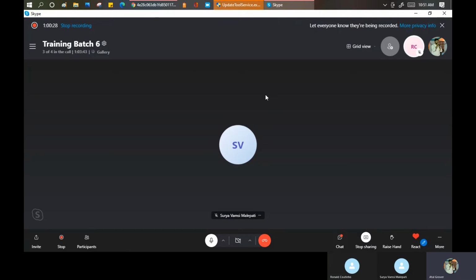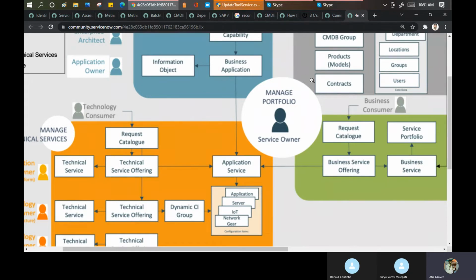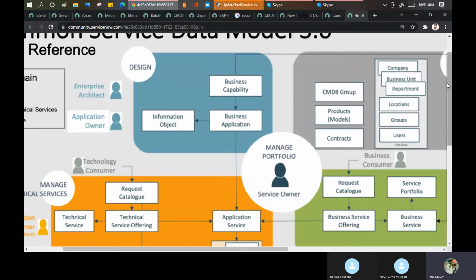The only thing is that because this is such a wide topic, even if you ask me, I did not see any company using it. I'm telling you this thing. This is an ideal process. This is the ideal CMDB structure which ServiceNow provides. So far in my knowledge, in my area, in the projects or accounts I know, nobody implemented this picture as it is. Nobody. Because someone says, boss, I'm not using this thing. Someone says, I'm not using this thing. It depends. And on top of that, you have a design here.